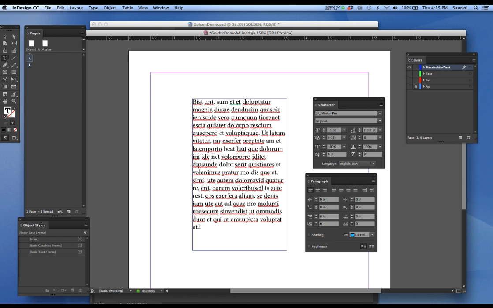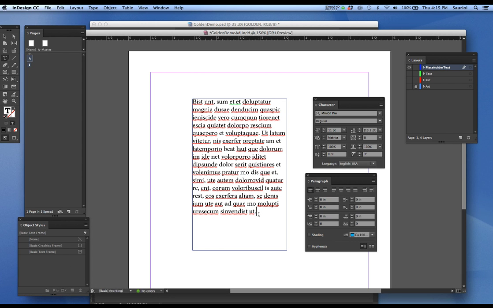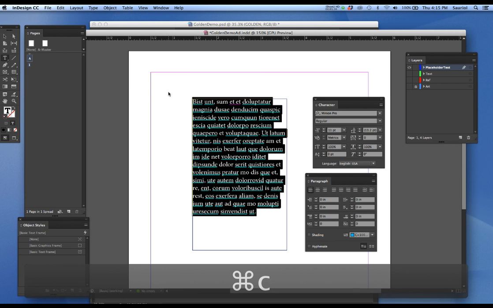So I just want this amount of text here, and I'm just going to come up here and put a period. So I'm going to go like that, okay? And I can split it into 2 or 3. So I have this text here, and I'm going to highlight it and hit Command C. Now I'm going to go into Photoshop